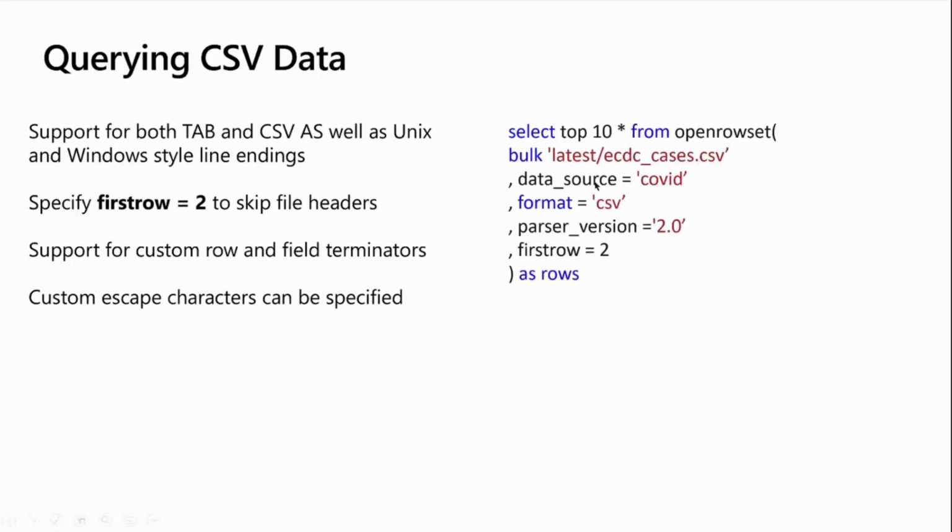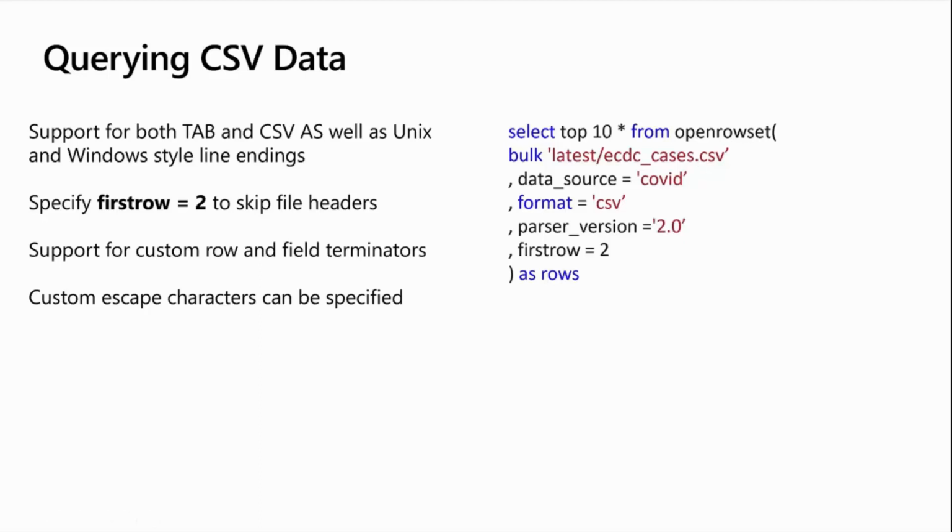And notice here I'm using a data source, so we'll talk about that a little more in depth. But you can think of a data source as just an abstraction that points to a URL and potentially provides the credentials to access that resource, all wrapped up in one. If I didn't have a data source defined, and I just had a full URL, I could point the full URL to this and still pull data from it. I would need to pass in credentials